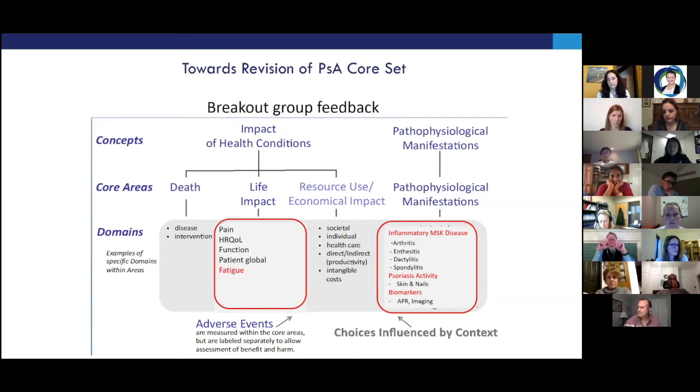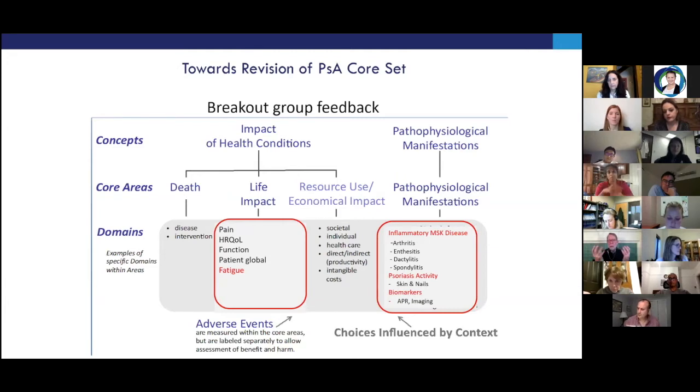So if you think about a circle and then think about all the things that constitute a disease within that circle, ranging from pain to pathophysiology to impact on physical function to quality of life, et cetera. And then what are the key elements of that disease? In the case of rheumatoid arthritis, for example, it's going to be synovitis or the arthritis component. There will be some extra-articular features as well. Fatigue, patients have taught us, is an important thing. And then in psoriatic arthritis, as is shown here,